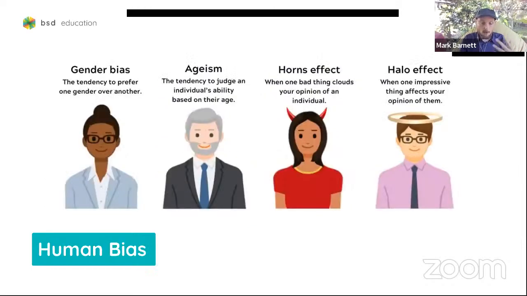But as humans, there are also hundreds of different kinds of bias, and just to start to connect the ideas of human bias and data bias, these are just a few examples of common types of human bias. There's gender bias, which means you prefer one gender over the other, or ageism, where you think differently about certain people of a different age. And then the horn or halo effect is like, this person is a good person, this person is a bad person, etc. But really all people are just people, and sometimes they do good and bad things.